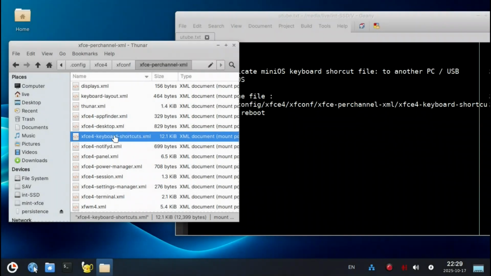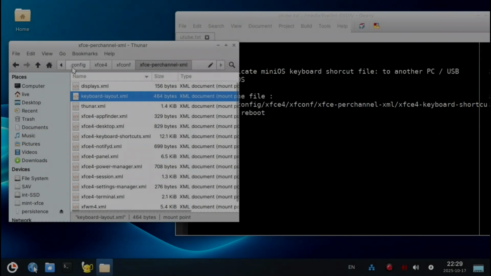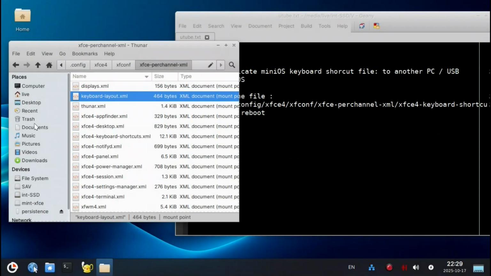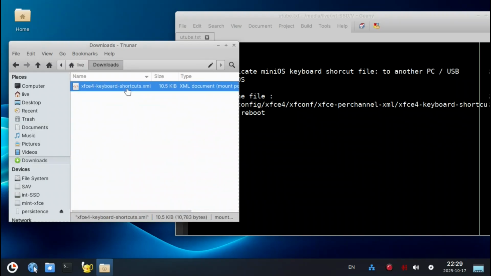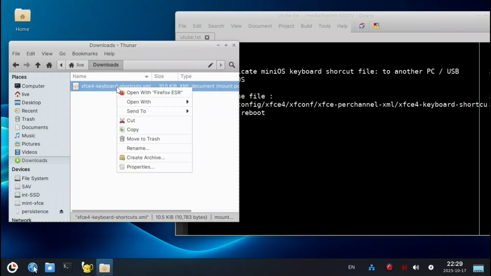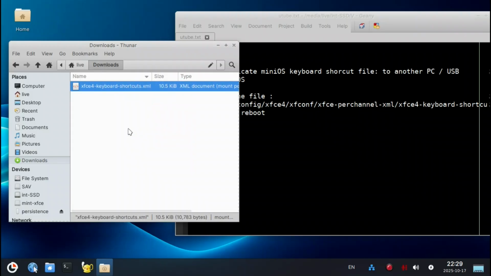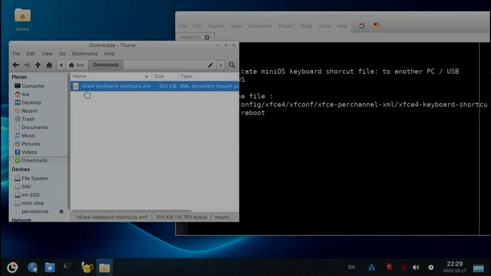shortcuts. So right now this one is new, and so this one needs to be overwritten from the file that contains all my custom keyboard shortcuts. To make things easier, we can go back, and I've downloaded the file from my other main PC with all the keyboard shortcuts here. So what we want to do is go ahead and right click and then copy, and then go back to